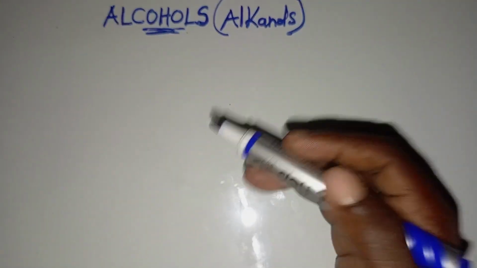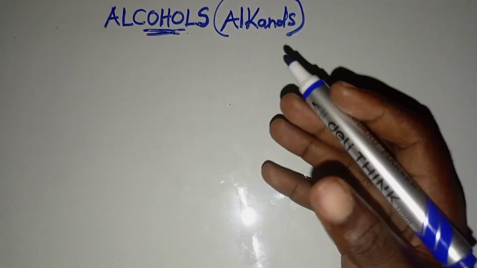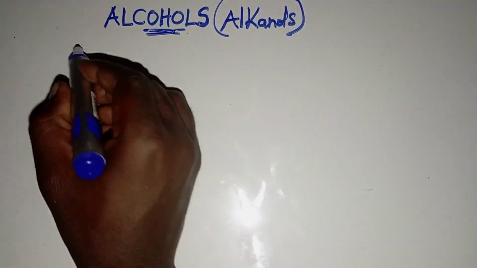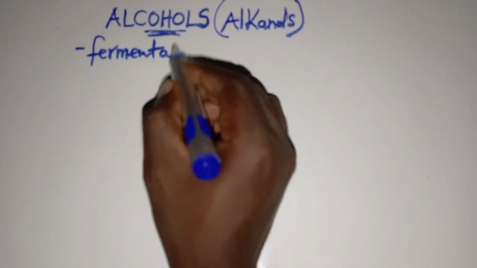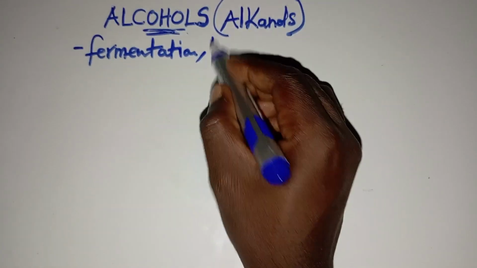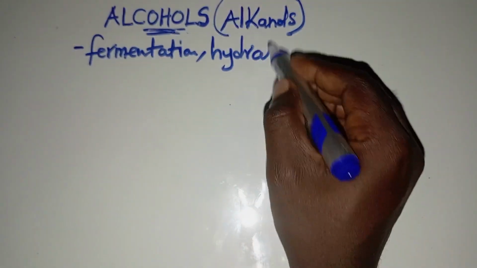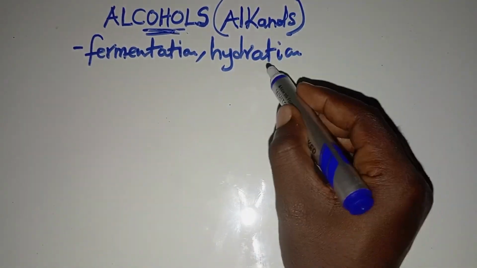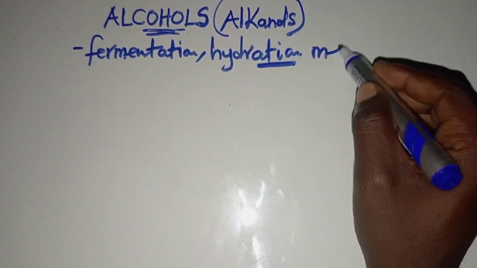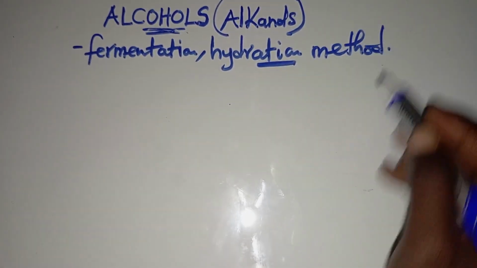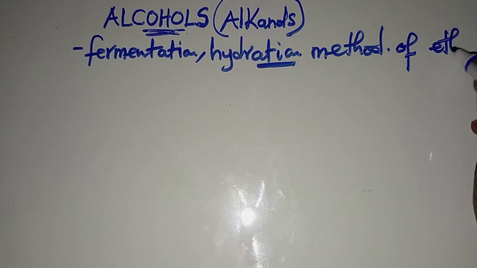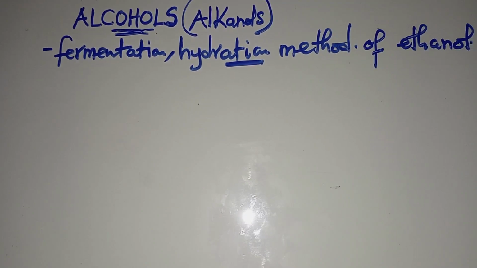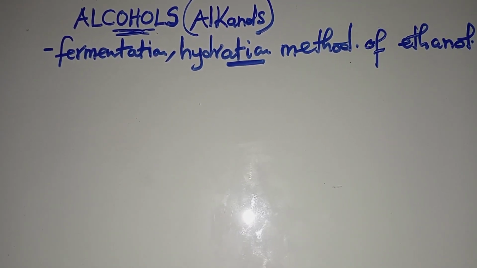We did the preparation of ethanol where we looked at two methods. We did fermentation, and I believe you understood that. We also looked at the hydration method. These are two things that we did of ethanol. Now, in today's lesson, I'll try by all means to also revise through some parts that we did